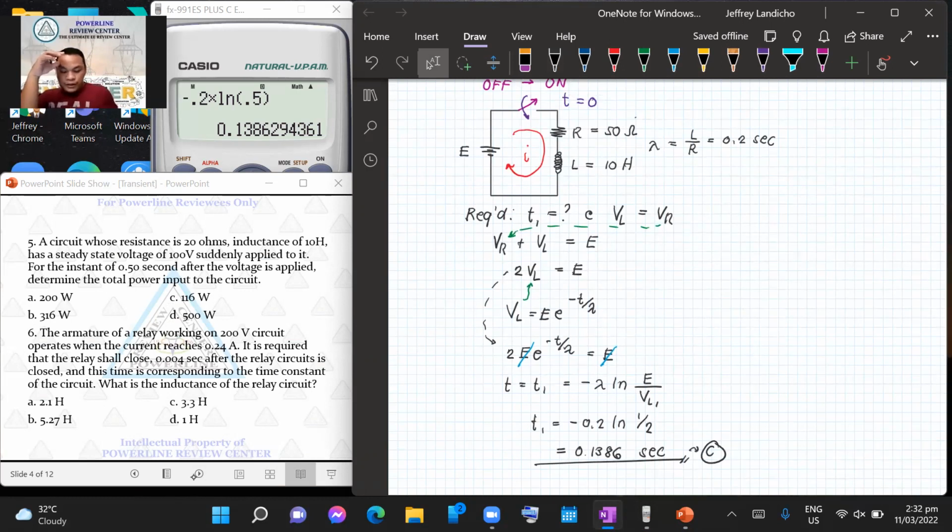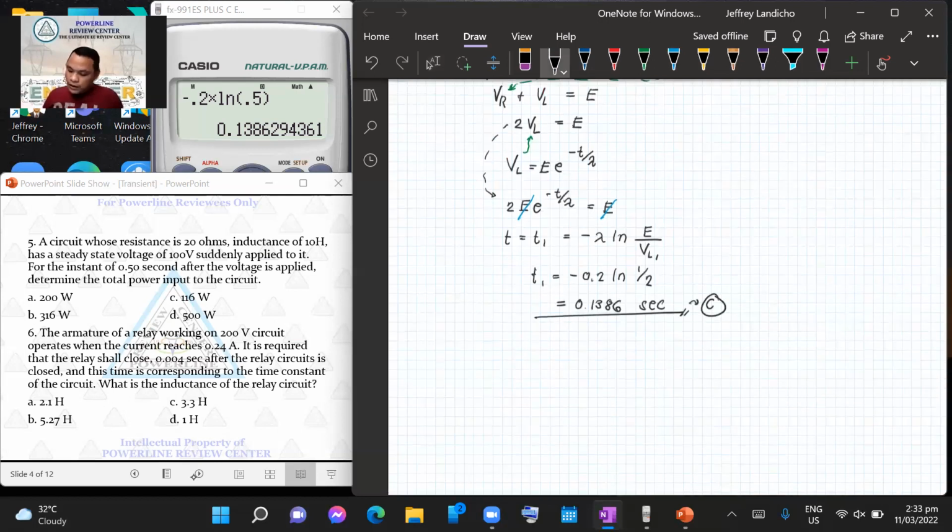A circuit whose resistance is 20, inductance of 10, steady state voltage of 100 volt is suddenly applied to it. So, from off to on, for the instant of 0.5 seconds after the voltage is applied, determine the total power input in the given circuit. So, for problem number 5,